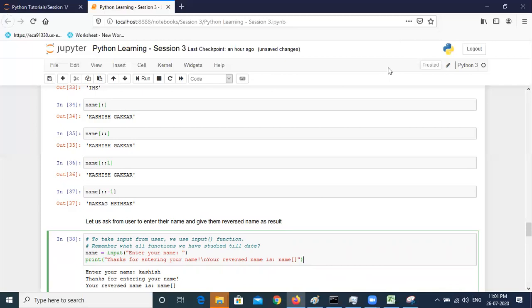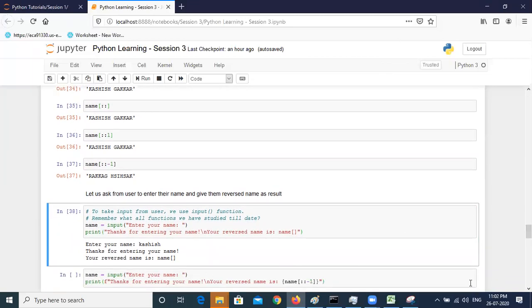So yes, Chirag, you are also right. No format function used. You can use that. And Sunil, you are also right. We can use comma. But as I said, F string is the most optimized way to print a statement. So let's learn it from F string, and maybe you can try it yourself by using the format function and using comma. That will also work. I'm not denying that. So let's use F string and print this statement correctly.